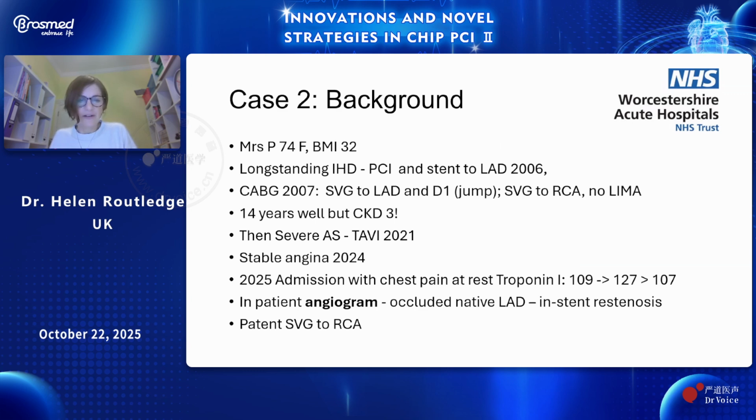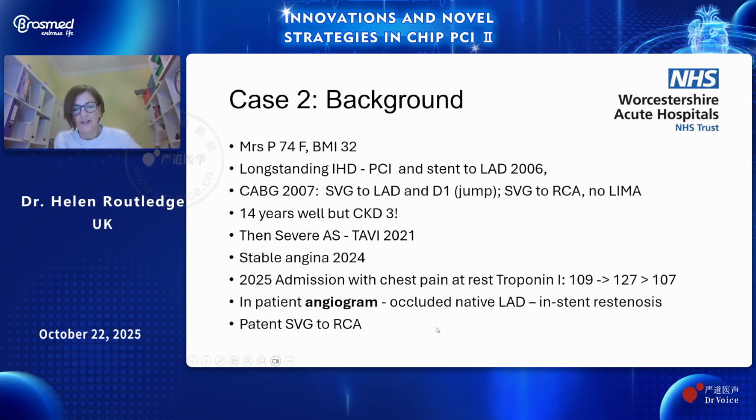She then developed severe aortic stenosis in 2021 and had a TAVI. And unfortunately, she presented back to us with stable angina in 2024, which we tried to treat with tablets. But she came back with less stable pain at rest, and a positive troponin in 2025. So we were obliged to look with an angiogram,